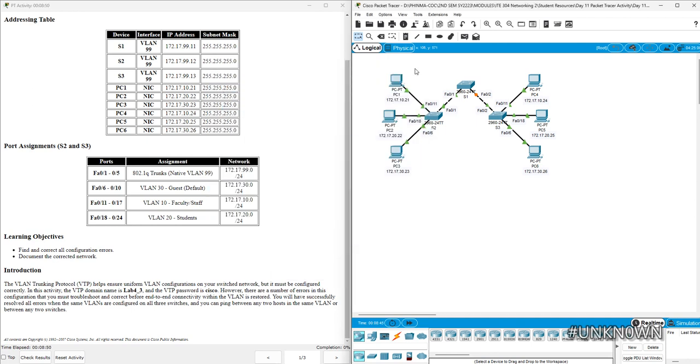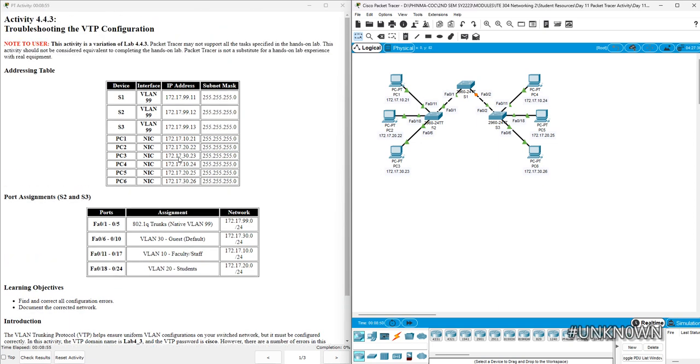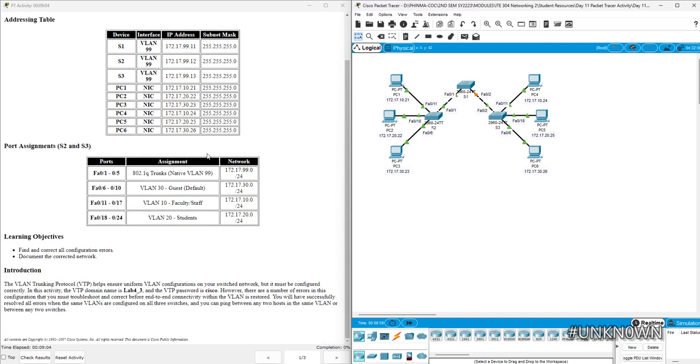Okay, this is how we're going to solve this lab: troubleshooting the VTP configuration. Learning objectives: find and correct all configuration errors, and document the corrected networks. Introduction. As you can see, VTP stands for VLAN Trunking Protocol. Now, the problem is